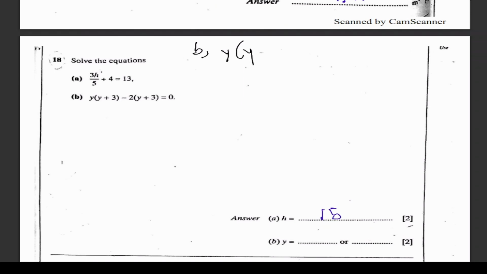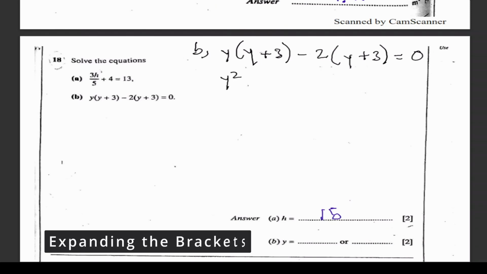b) y multiplying y plus 3 minus 2 multiplying y plus 3 is equal to 0. Our first step is to expand the brackets. How do we do so? This term which is outside the bracket multiplies every term which is inside the bracket. So y times y is y squared, plus y times 3,